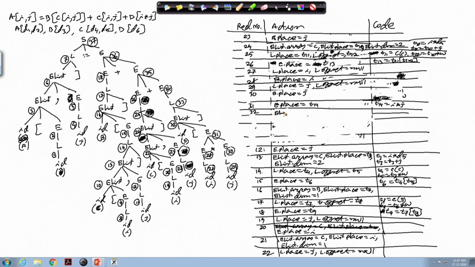So, Elist.array equal to this new array D, okay. Then Elist.place equal to T14, and this Elist.dimension equal to 1. So, that is 32.